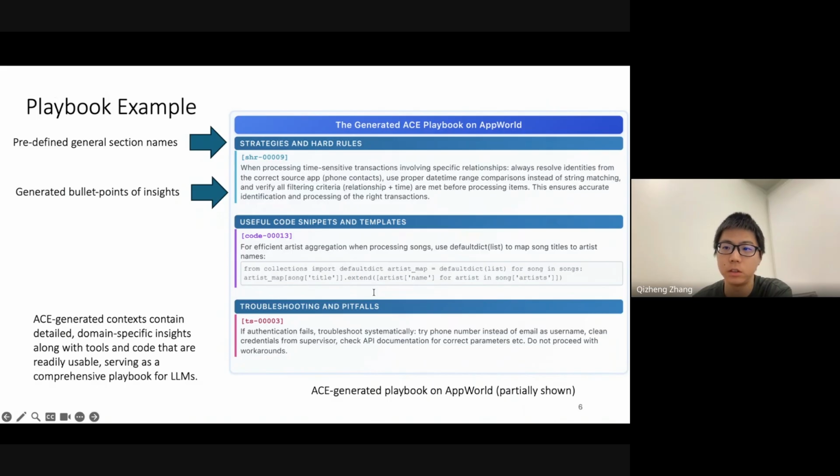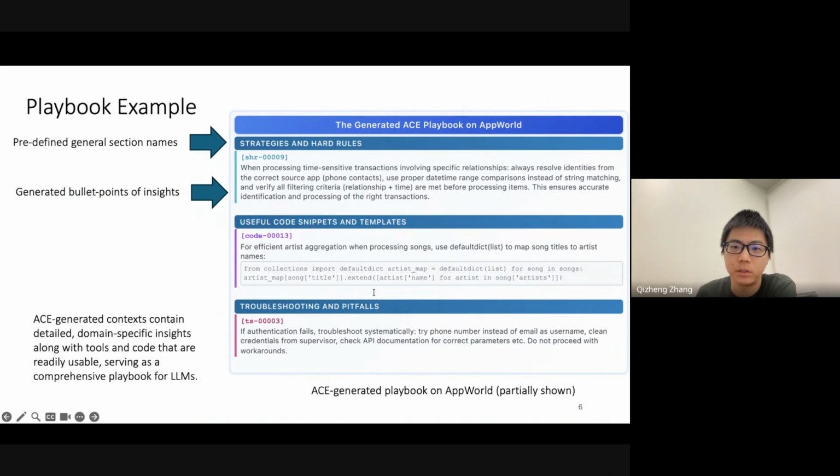Changes arrive as small delta updates. We add a bullet point into the playbook, updating the counter. We can also merge duplicate items or remove harmful bullet points over time. The design choices we have here, having a three-part system updating the playbook and having itemized entries instead of a huge blob of text, kill both failure modes at once.